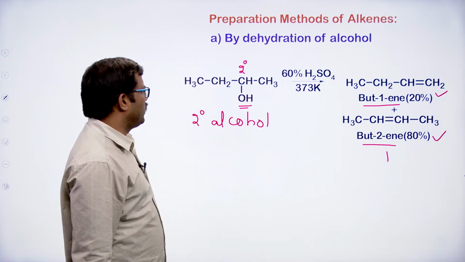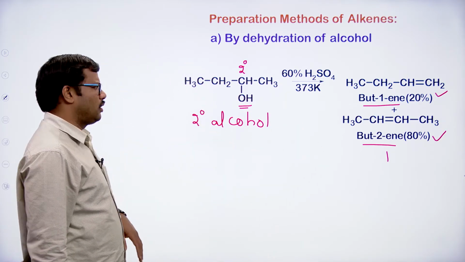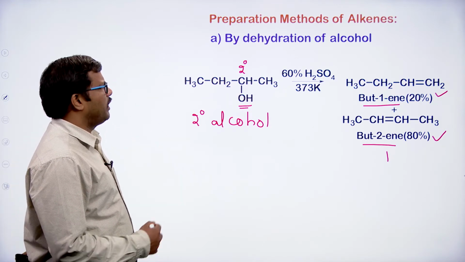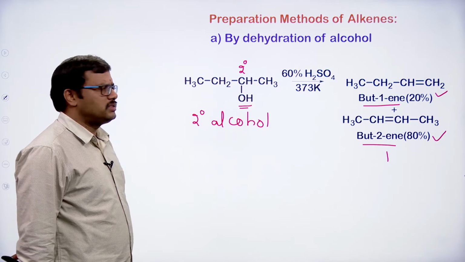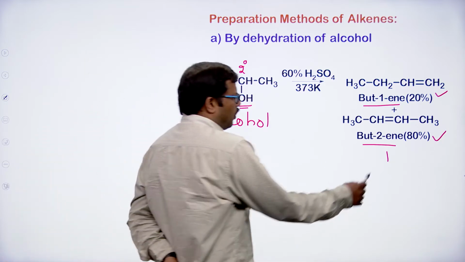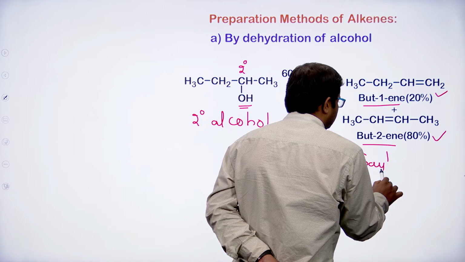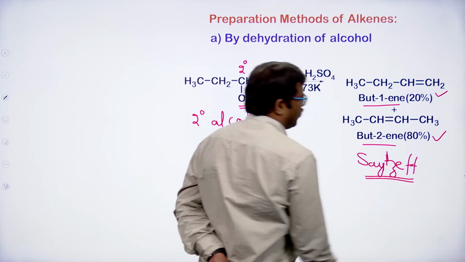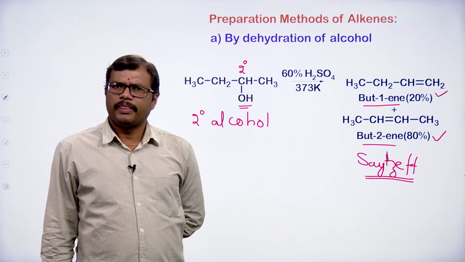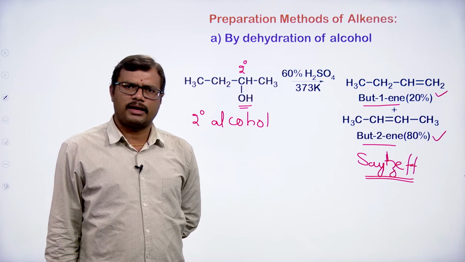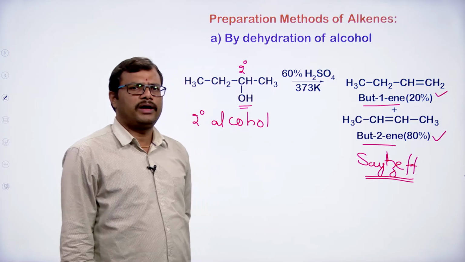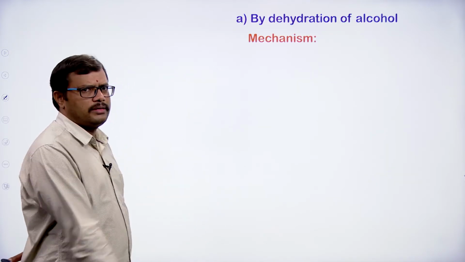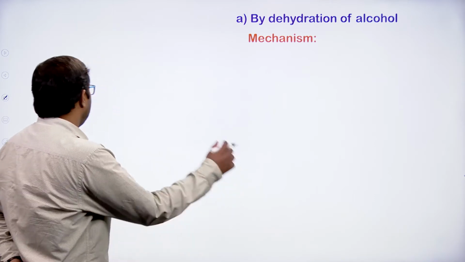How this reaction is going on, how the elimination of the water molecule takes place, how the dehydration is going to occur in this case, the mechanism will give us a clear idea. Moreover, the product formed here is generally called Saytzeff's product. Saytzeff product is always obtained. In this case, the hydrogen atom is lost from the carbon which is having the least number of hydrogen atoms. Let us see how the Saytzeff rule is going to work and how we are going to get the major product in the reaction through the mechanism.